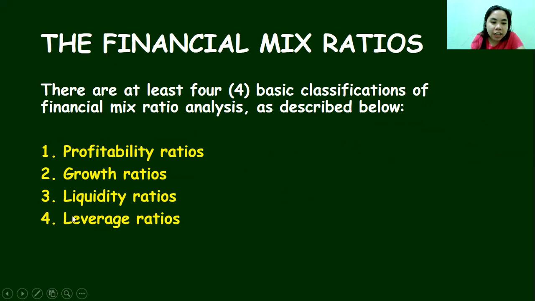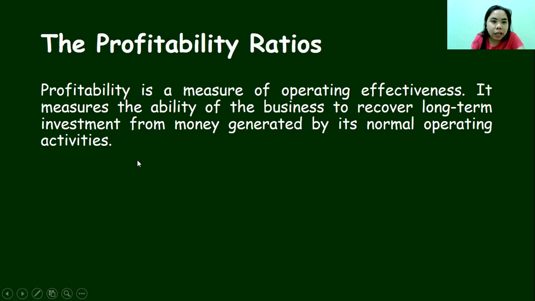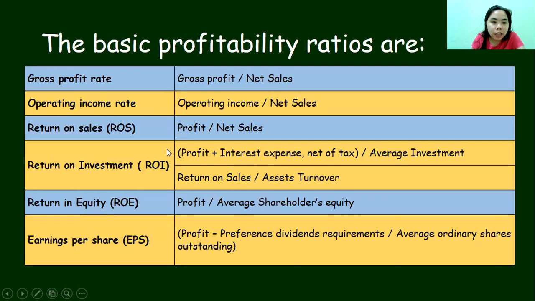And we have discussed the leverage ratio in our first discussion, my first video. So I just have to discuss these three, the profitability, growth, and liquidity ratios. So let's go with the profitability ratios. Profitability is a measure of operating effectiveness. Please take note of that. It measures the ability of the business to recover long-term investment from money generated by its normal operating activity. So we have the basic profitability ratios here. We have the GP rate, operating income rate, return on sales, return on investment, return on equity, and